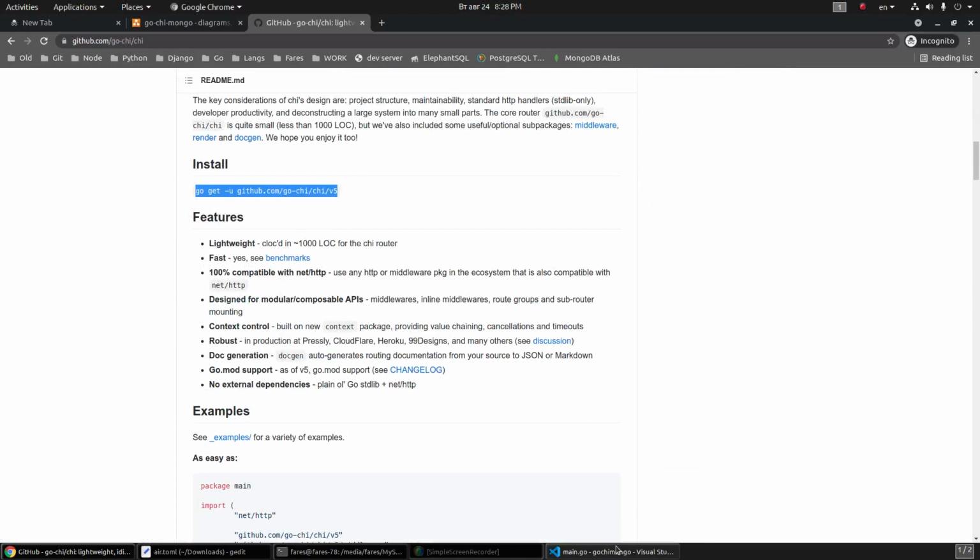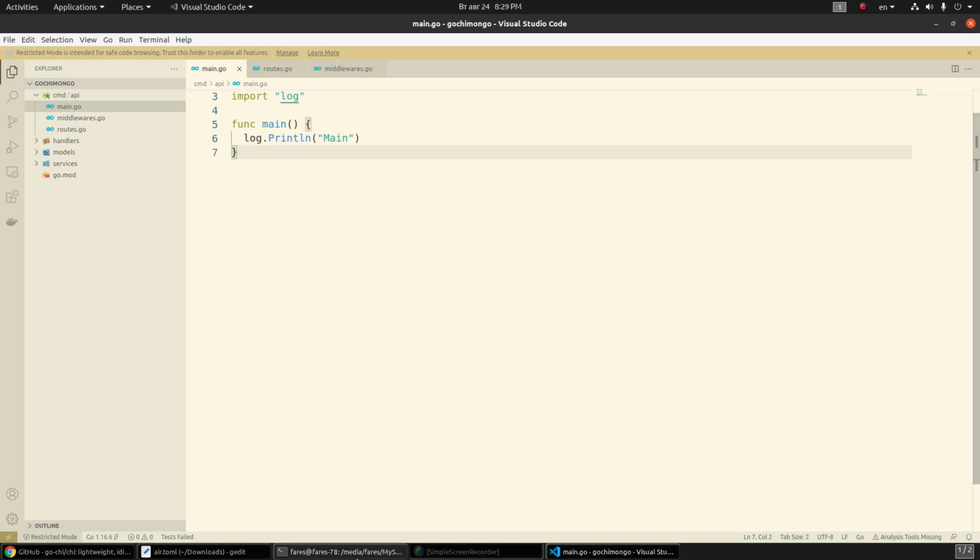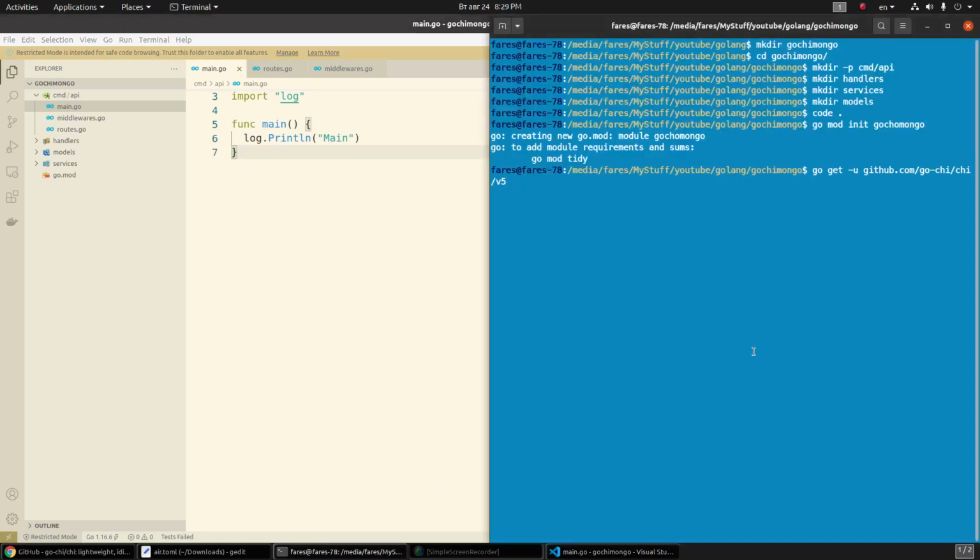Actually I used Gin and Echo. I like both, but maybe in the future I will make another series. For now let's choose just this because it's just a router. Echo and Gin are more like frameworks. So do this. Alright, we get the router now,